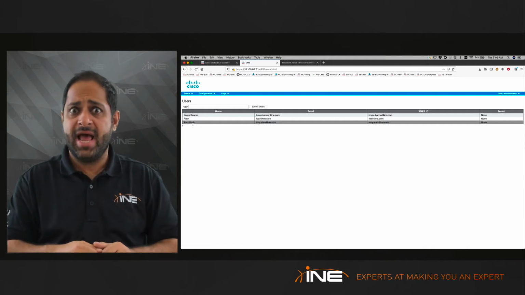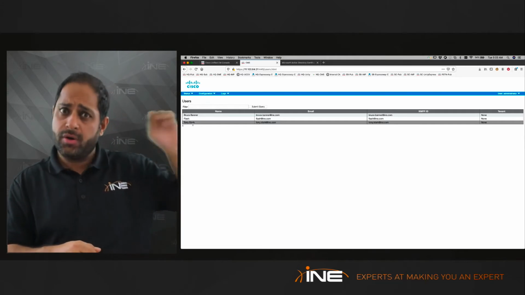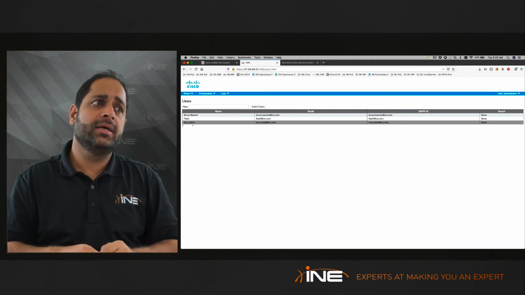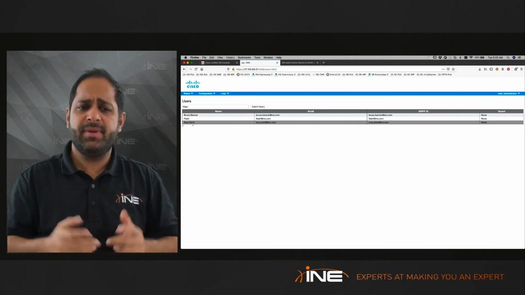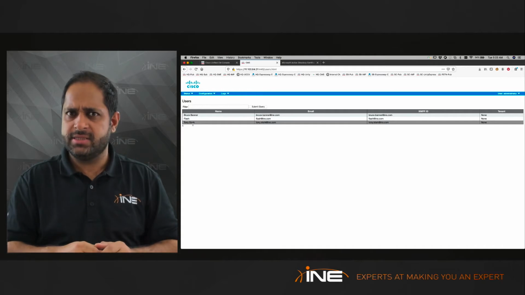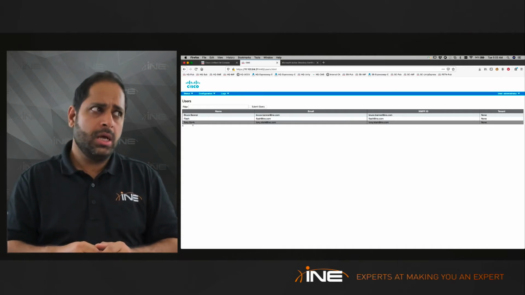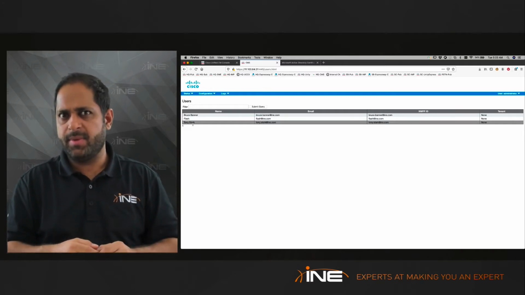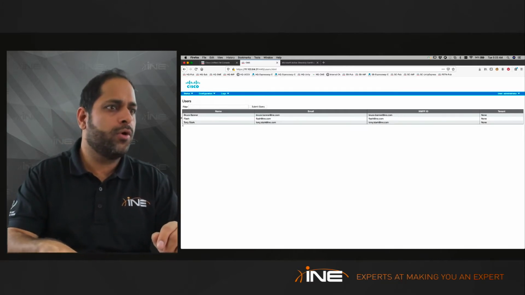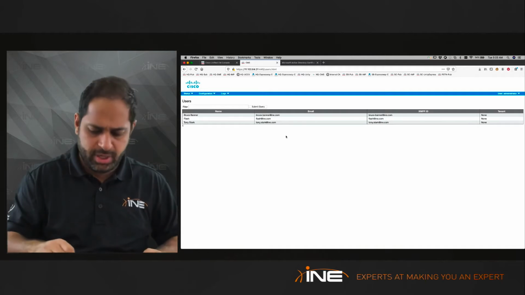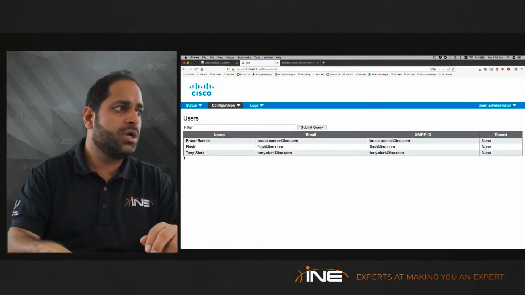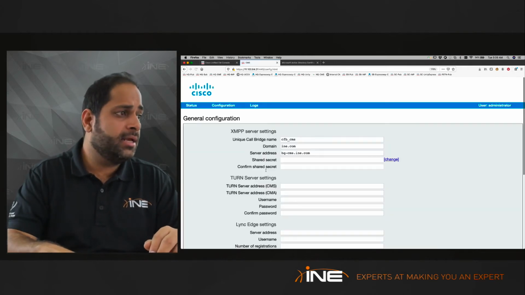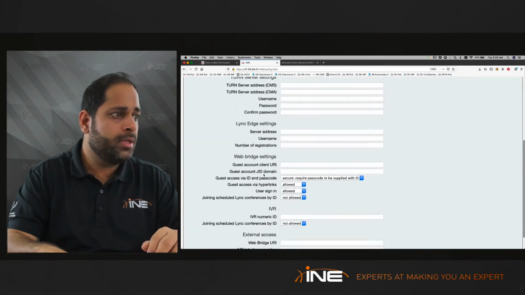Besides that, you should have a SIP trunk on the call manager that points to CMS. And I believe that's the only list of things that you would need. We should still activate IVR on the CMS, which is disabled by default. So for achieving this, what you would do is go to Configuration, General, and here at the bottom, you would